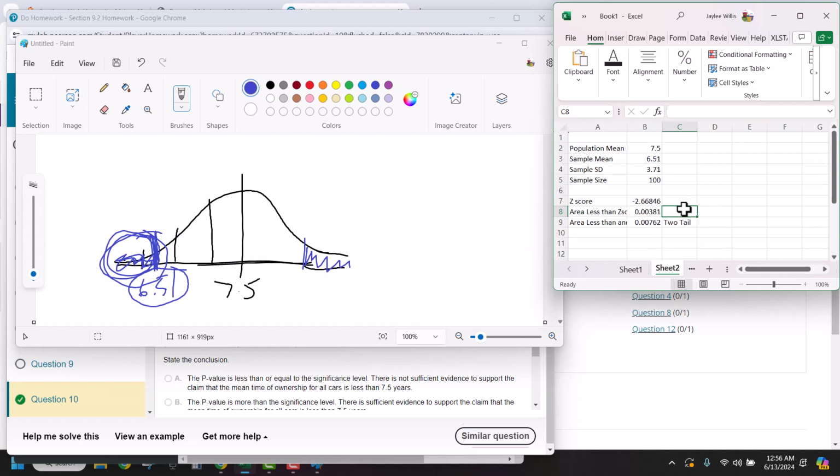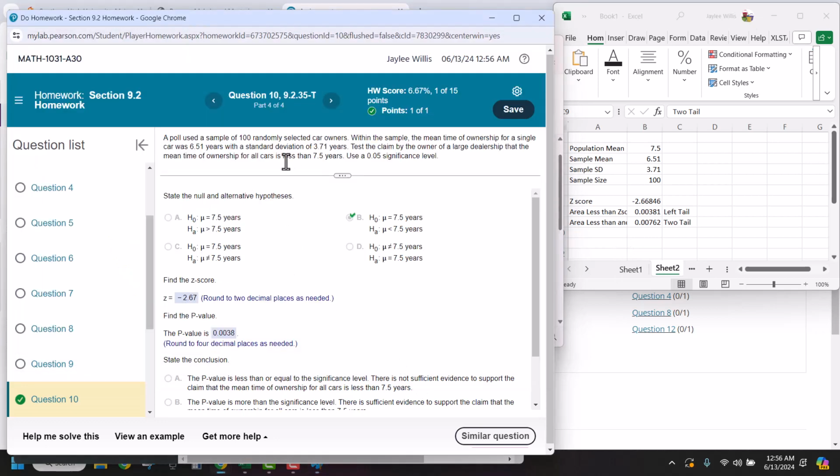The one that we did for this problem was called a left-tailed test. And sometimes you might also get one that's called a right-tailed test, where instead of saying the mean time of ownership for all cars is less than a certain number, it might say that it's more than. So let's say our sample mean wasn't a number smaller than the population mean, but let's say it was maybe, I don't know, let's say 9